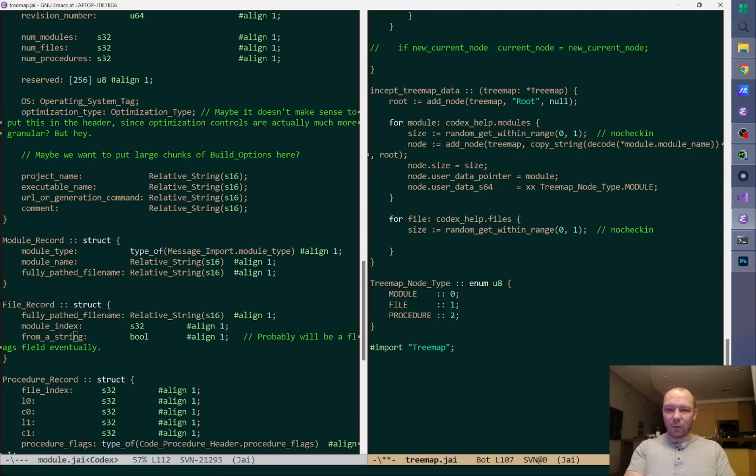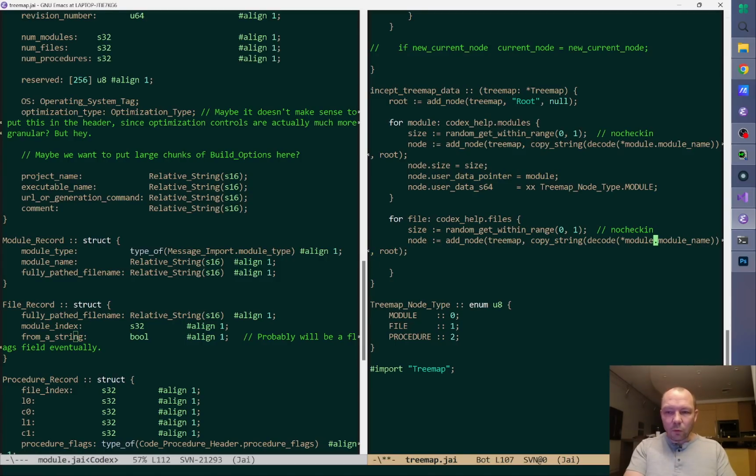Actually, we might be able to get rid of that eventually. Node is going to be add node. Decode file dot fully pathed file name. All right. And the module is going to be,